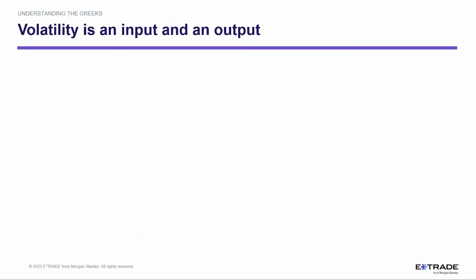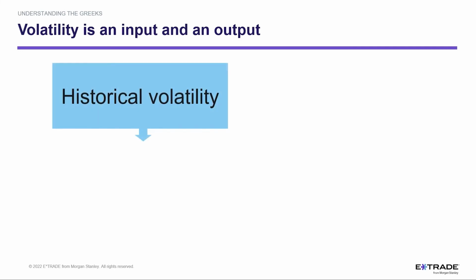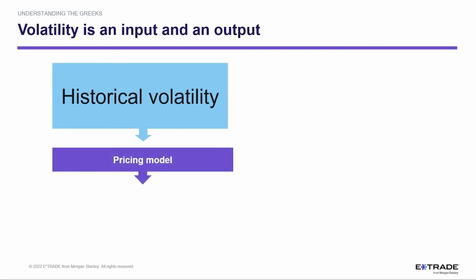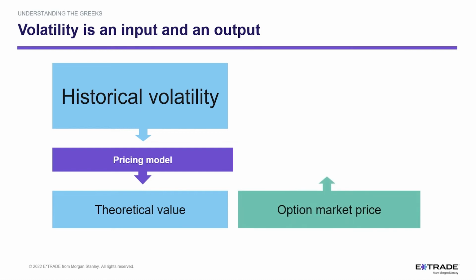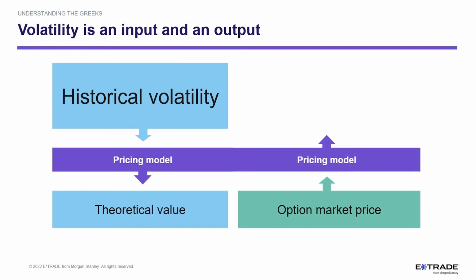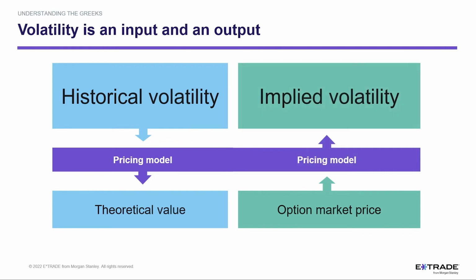So volatility is both an input and an output to a pricing model. Stocks will have their own historical record of volatility, and the analysts can take that data, input it into a pricing model, and come up with a theoretical value for an option. And that's the first step in value in those pricing models. We can then reverse engineer that and say, okay, if I have the option market price, I can input that into the pricing model, and an output that I can get from that is what we call implied